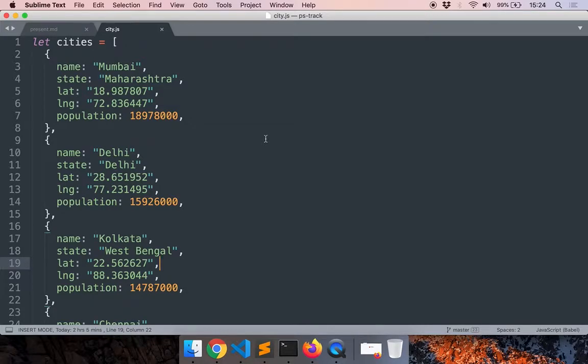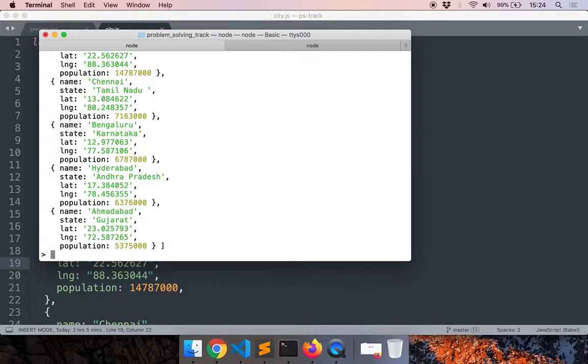In the previous video, we learned how objects provide an easy way to store all the attributes belonging to a single entity as a collection of key-value pairs. In this video, we learn another reason for using objects with an example. Let's consider this array of cities again.